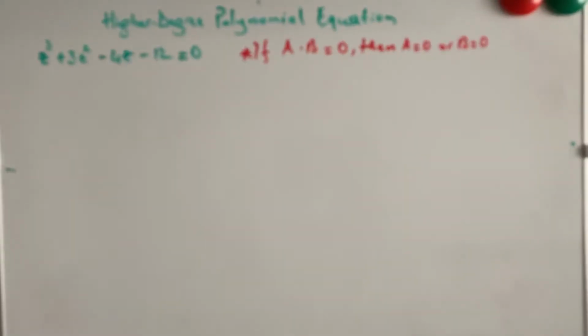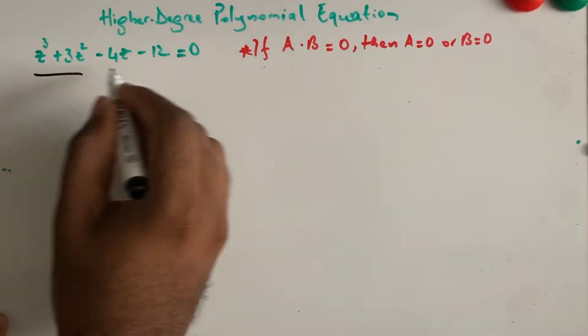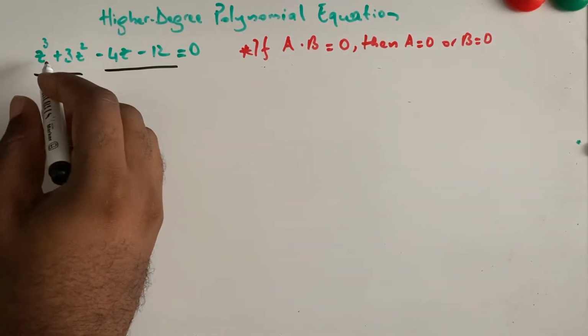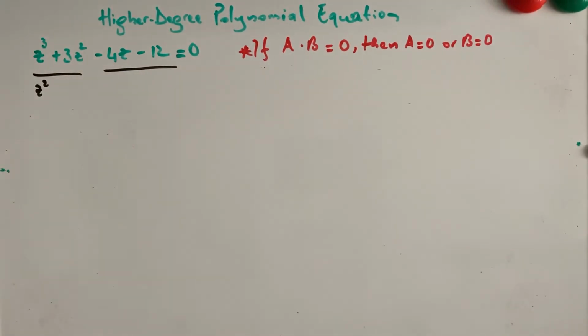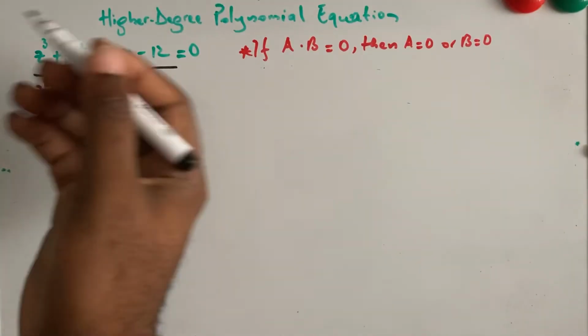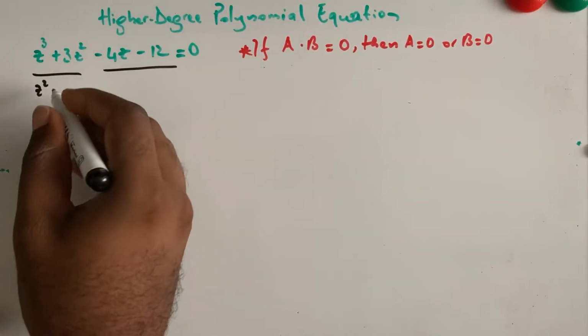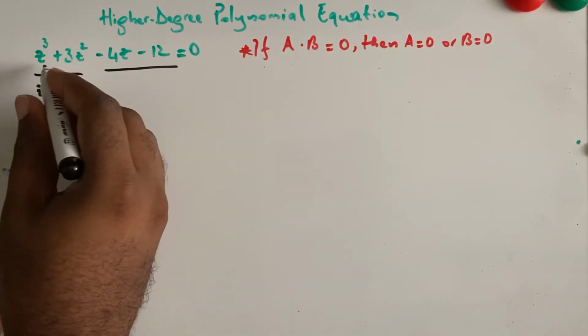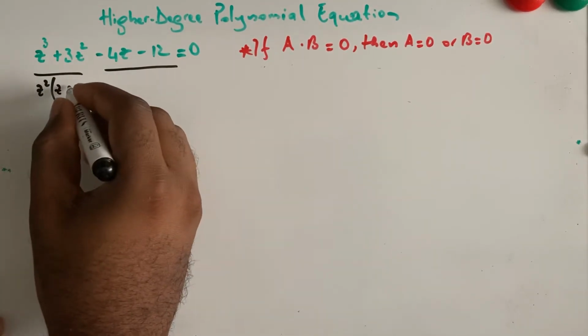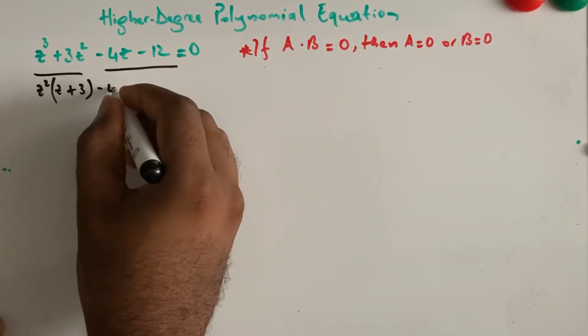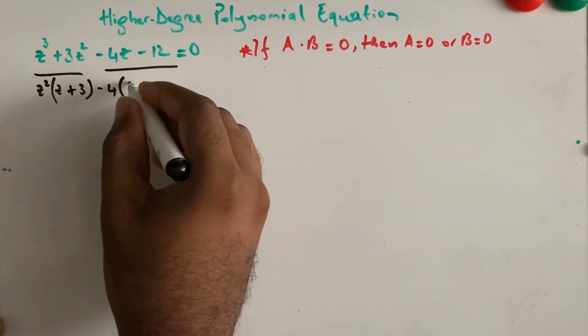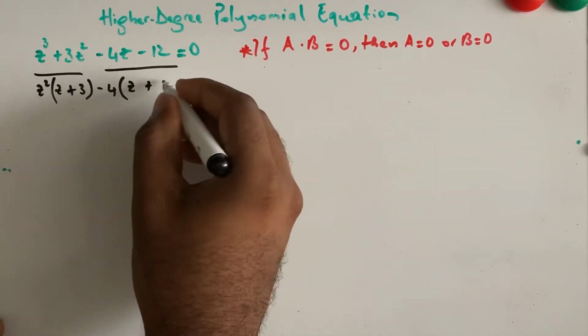Here, I'm going to use the grouping method to factor this, because it's basically factoring by grouping. So I'm going to try to group two by two. Here the GCF is z squared. Again, if you don't remember how to get the GCF, refer to my videos. You should find at least one video about that. So z squared is the GCF. If I factor that out, I'll have z plus 3. And here, 4 is the GCF, so I'll factor negative 4 out, and I'll get z plus 3, okay,